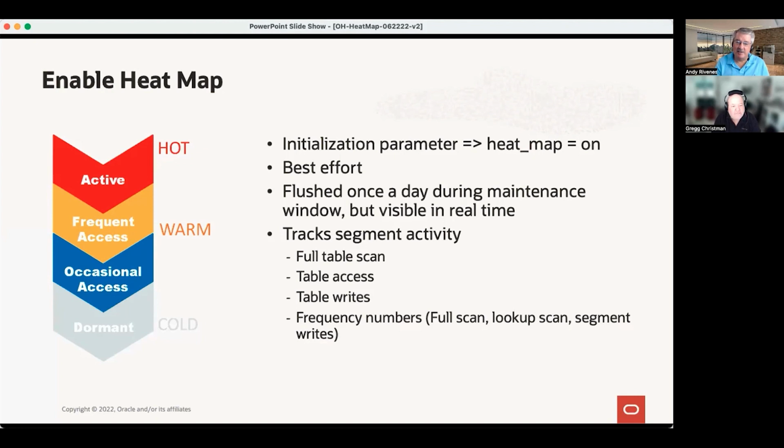The other big thing that we added with the in-memory part, though, is the frequency numbers. Not only do we track now the access to the data, but also the number of times the data is accessed for full scans, lookups, and segment writes. That becomes more important with Database In-Memory, since we're more interested in a finer grained picture of the activity of the segment, as opposed to just worrying about is it being accessed? Do we, over days, weeks, months, even years perhaps,